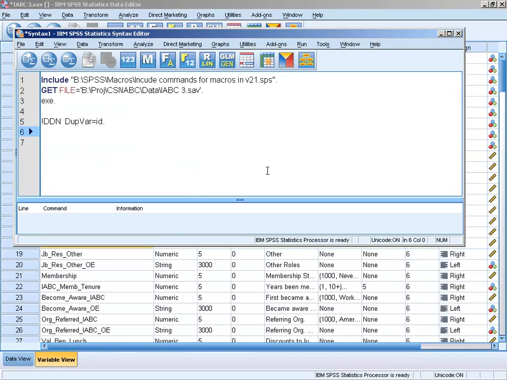So if I hit, I think it's Control-Alt-F, what it did was it grabbed the first one, it deleted everything in between, put the word "to", and then put the last one. So now, when I run my,